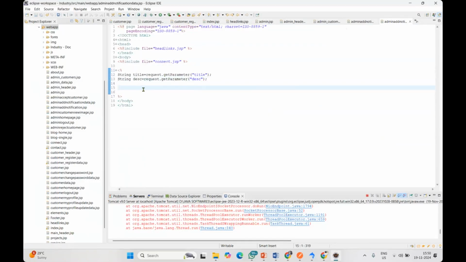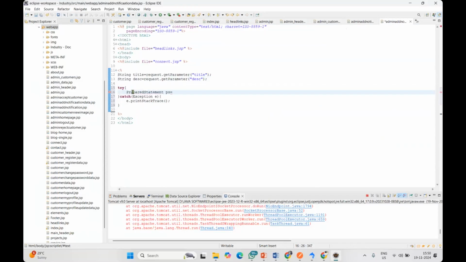So now we need to send this data and store it in our database. For any errors or exceptions, I will use the try and catch blocks here. Try and catch blocks, and inside this, e dot print stack trace. If any error occurs inside the try block, it will be printed in our console. Now inside this, by using the prepared statement,